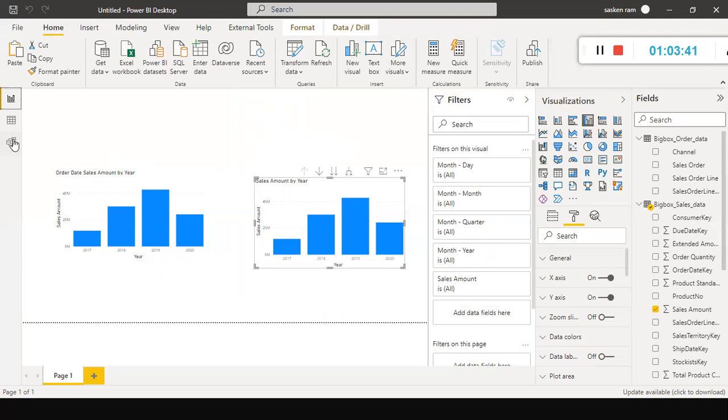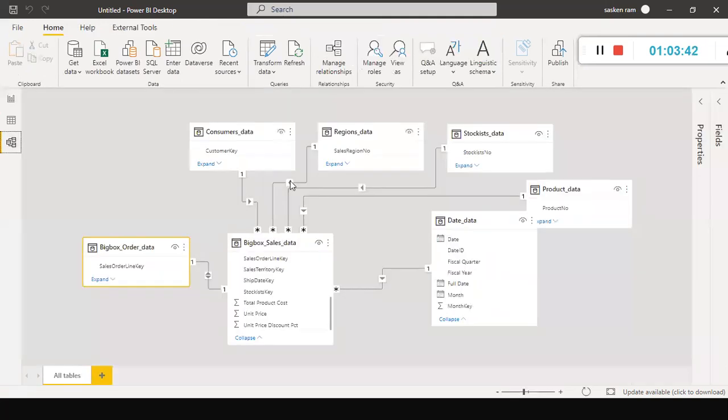Now I go here and create an inactive relationship with the order date key, because I'm left with only that option. I cannot create more than one active relationship. Here, date ID and order date key.